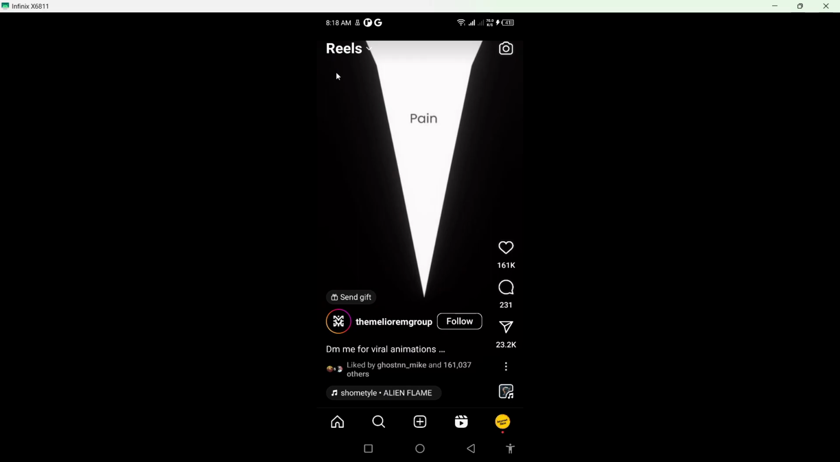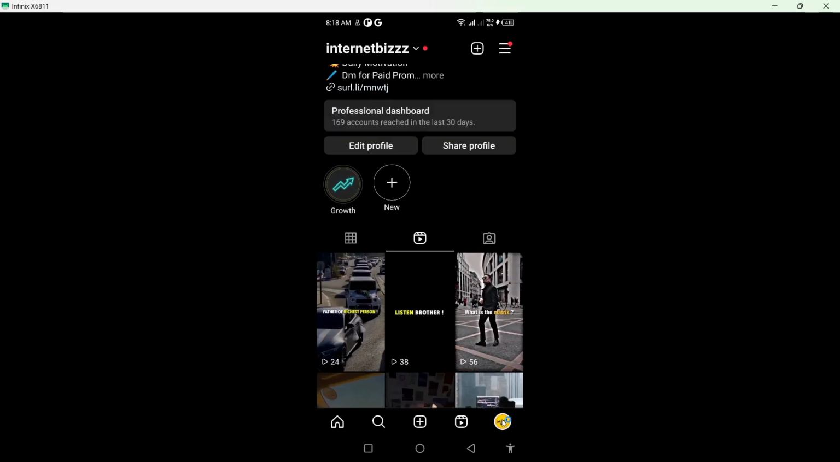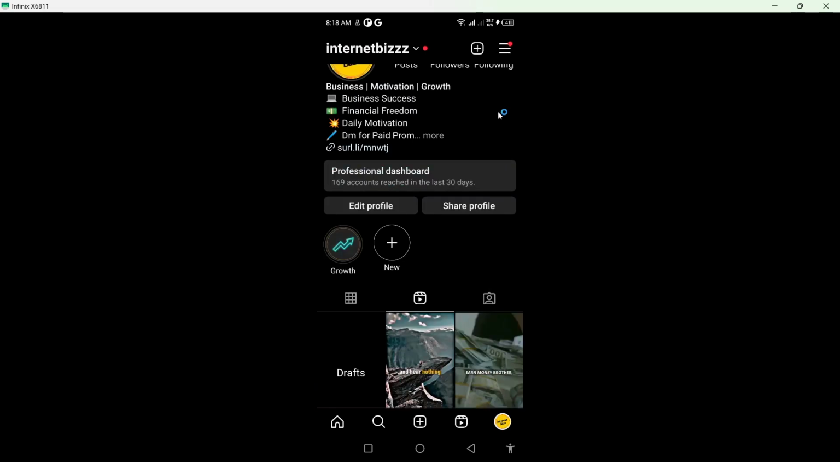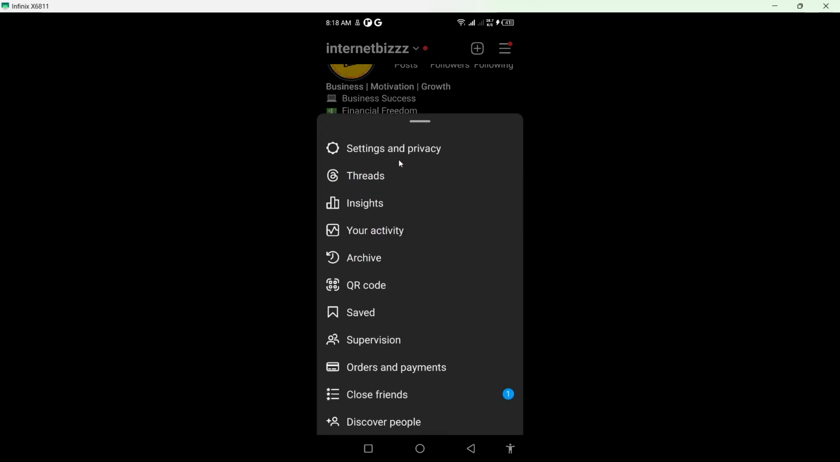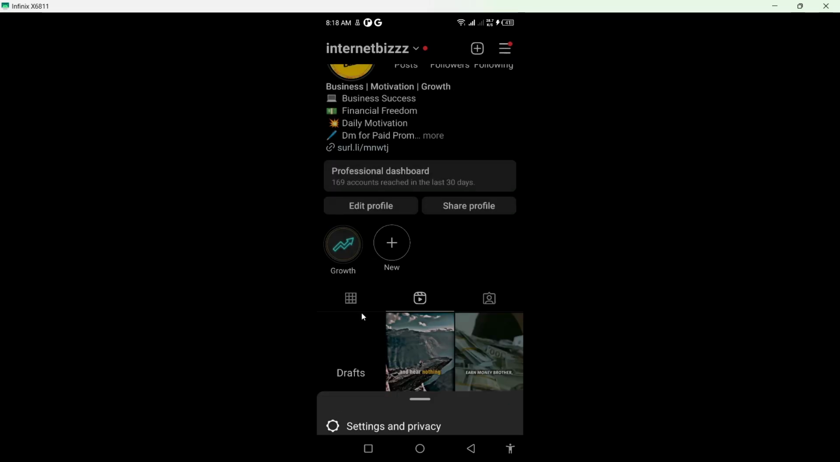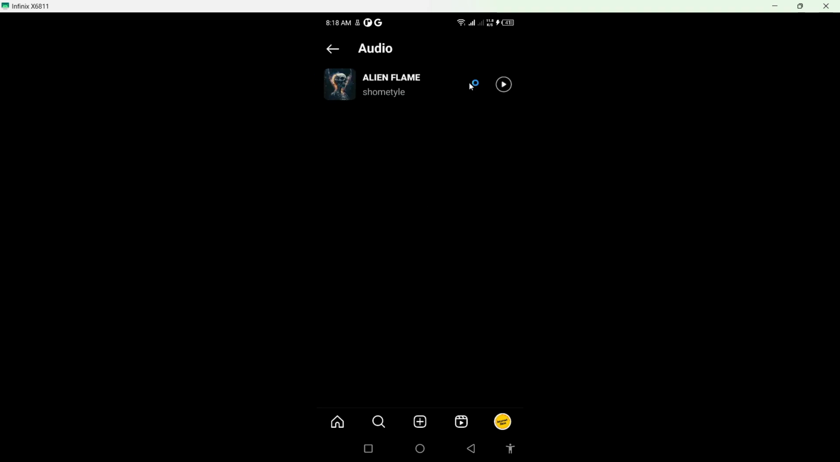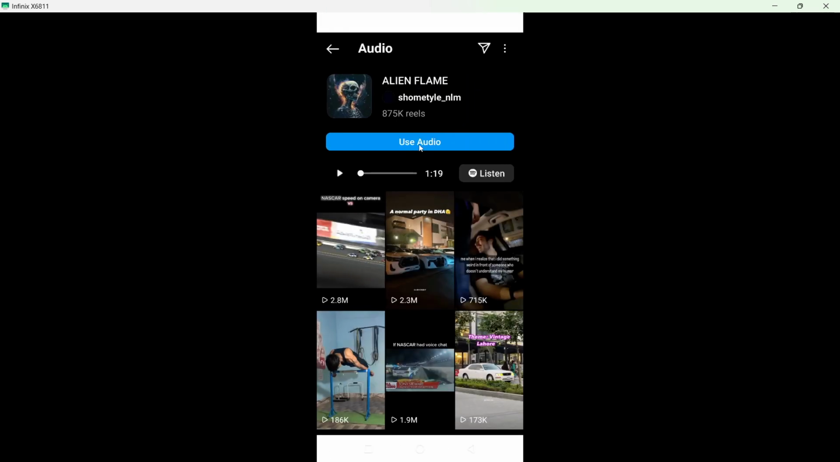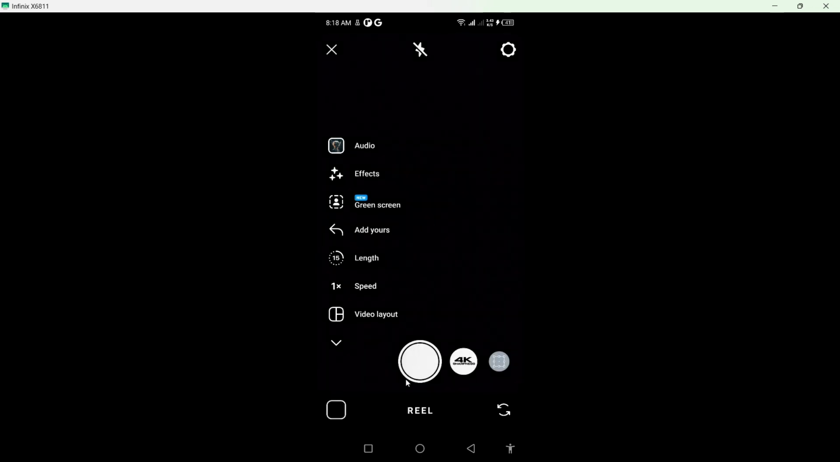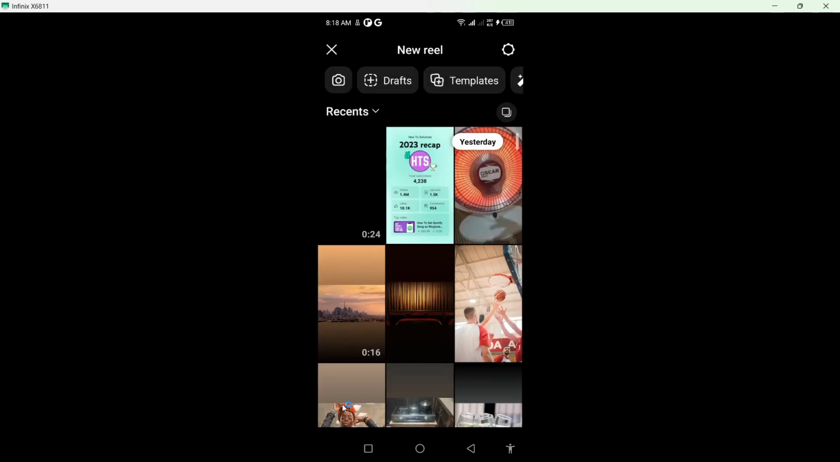Once you save, you simply need to go back. Click on your profile picture in the right bottom. Click on the three bars on the top right. Click on this save section and here is the audio. So click on that. Click on use audio and you can shoot a reel, and if you want you can